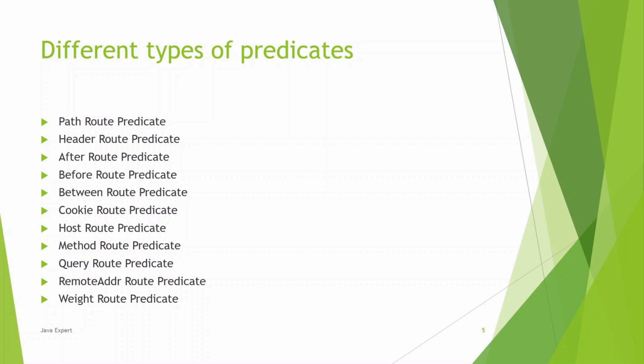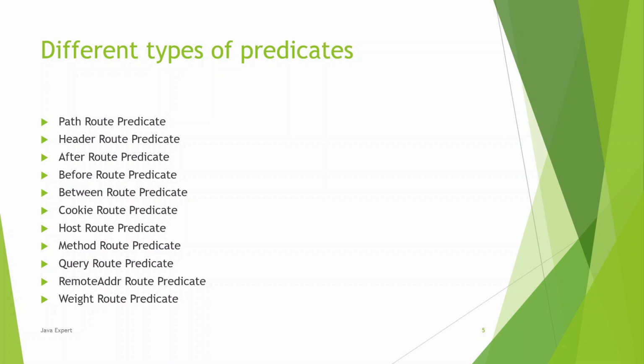Different types of predicates. Predicate is one of the important parts, right? In the previous slide we saw 3 different parts, and predicate is one of them. We have 11 different predicates, which means when the client gives a request to the gateway, based on what parameter we have to route the particular request to downstream microservices. The request may have different parameters, different types of inputs. It may have a path URL, headers, and the time when the request is initiated,